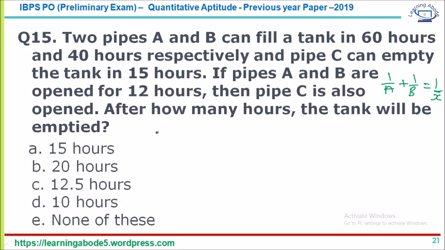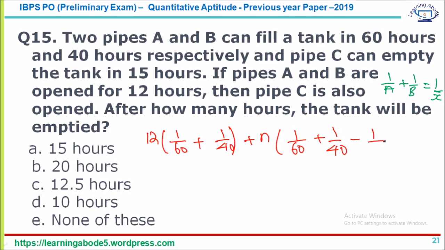Now for 12 hours, all the 3 pipes work together. I'm sorry, for 12 hours, only pipe A and B work together. So for 12 hours, 1 by 60 plus 1 by 40. Then after that, we don't know for how many hours, for n hours, pipe A, pipe B and pipe C is doing negative work. Pipe C is doing negative work, which can empty in